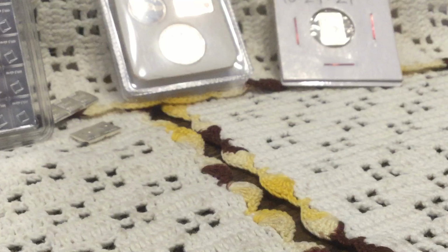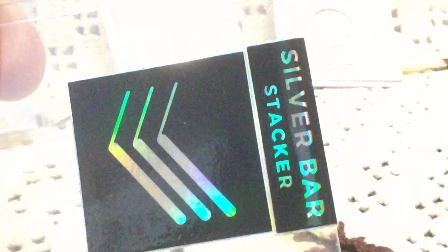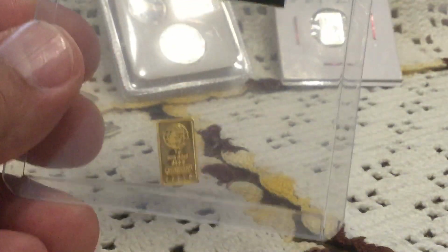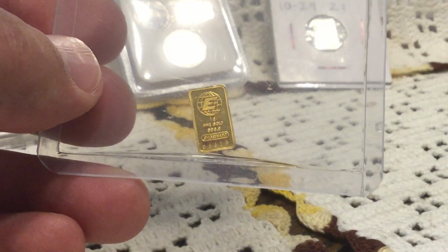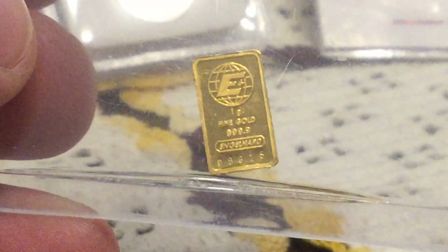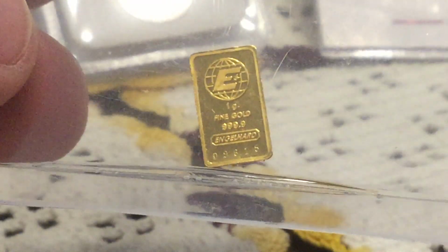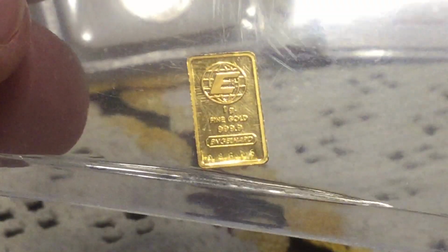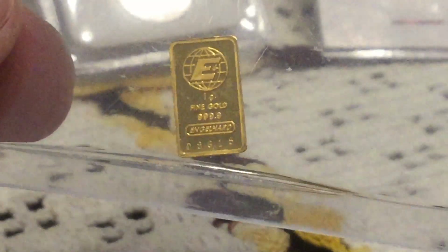What else do I got? Okay, let's take a look at this one. So I bought this one a couple years ago from you know who, and I will say it was fairly expensive, bordering on overpriced. But I did not mind because I was helping out a friend, throwing some business a friend's way. And I hadn't seen this. I realized later,